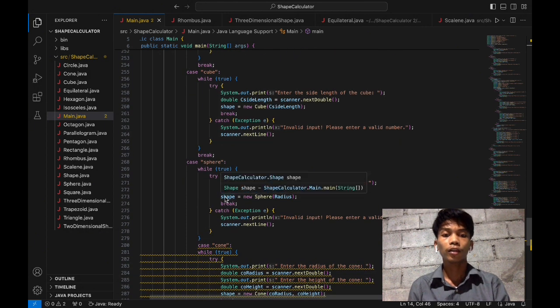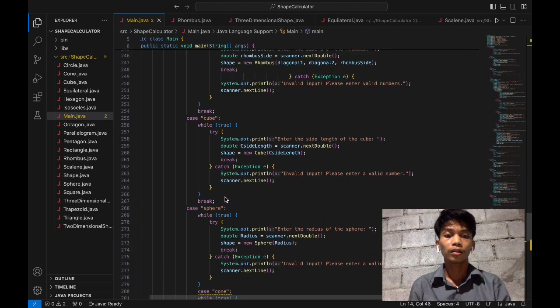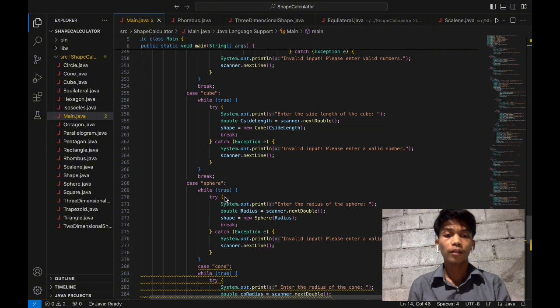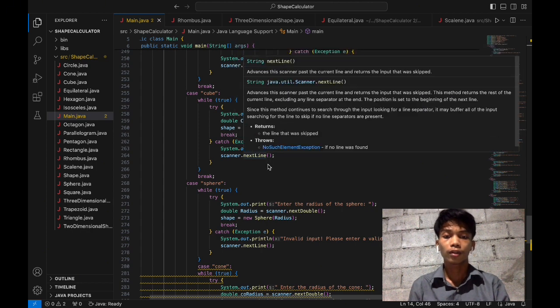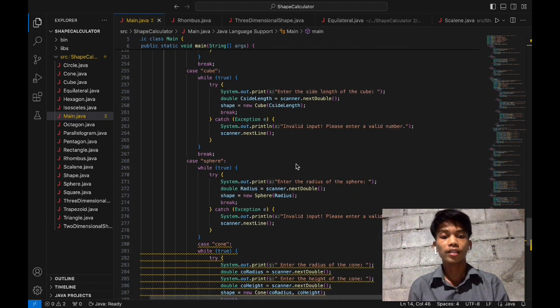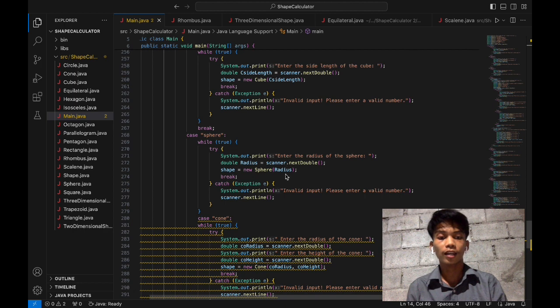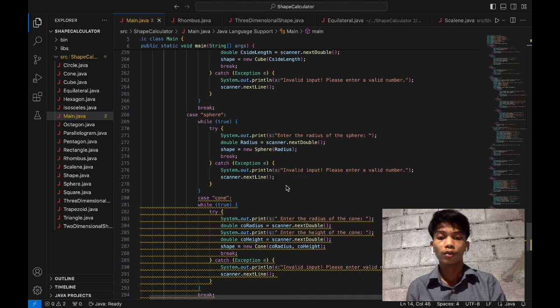In our shape calculator program, we prompt the user to enter the side length of the cube. The side length is read from the user input. The cube object is then created using the side length provided by the user.